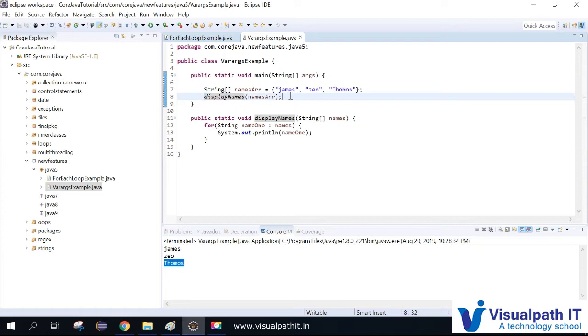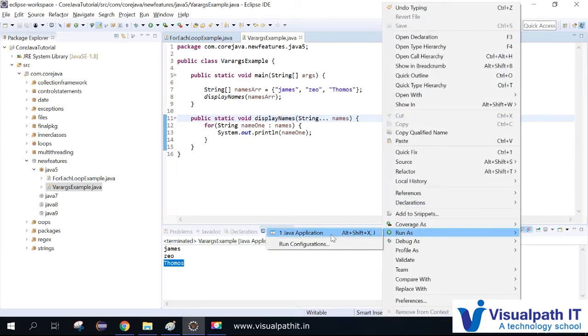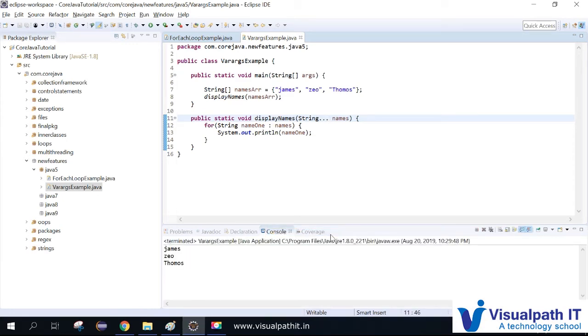And to avoid that, what I'm doing is I'm just mentioning 3 dots. That's it, 3 dots. And let us run this program. What will happen, we'll see. It is functioning the same. So there is no difference, right? If you put the array type syntax or 3 dots, there is no difference. But there is a difference when you're calling. While declaring, you can have either one, but when you're calling, depending on the type you declared here, you have the option to pass the elements.